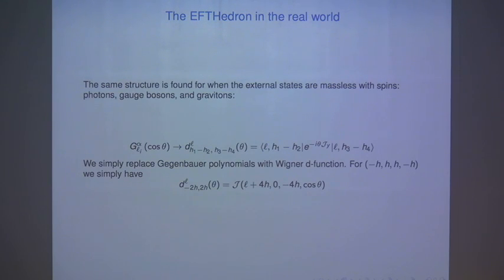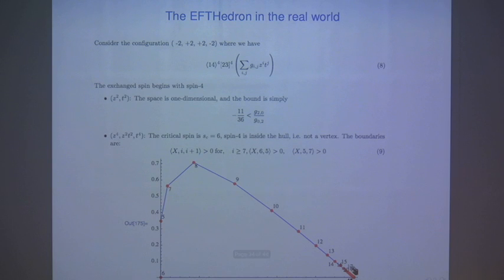And you can also generalize this. So I've discussed this in terms of scalar particles, but you can also discuss this for spinning particles. And everything is exactly the same. We still have this cyclic polytope. The only thing that you need to change is the Gegenbauer polynomial, in terms of the Wigner-D function. But the entire geometry still goes through. Okay, so this is just giving you a shape of the polytope associated with the scattering of 4 gravitons. And as you can see, this is approximating a moment curve.